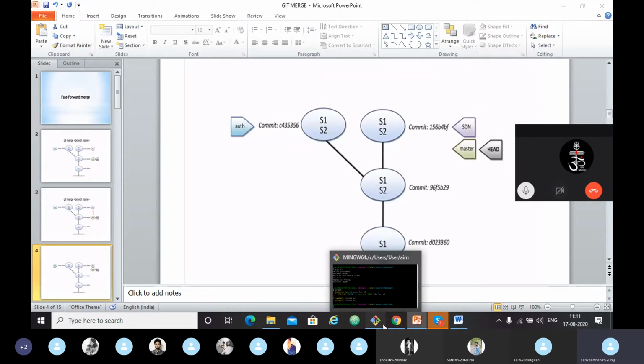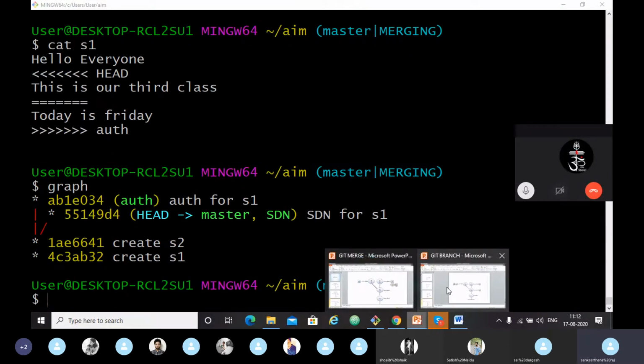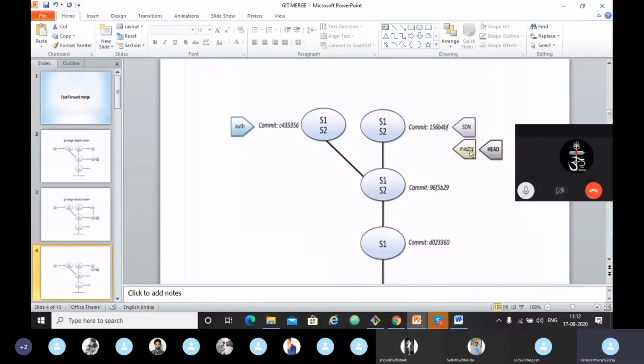So now we are done with the SDN branch. Work has been merged completely into the master. So now we don't need two branches pointing to the same commit. Right here you can see it. We have two branches pointing to the same commit. Now what I will do is I will delete this SDN branch, so that I only have master branch here. But in history, SDN branch is already saved. So you can just retrieve it whenever you want. But right now I am deleting it.